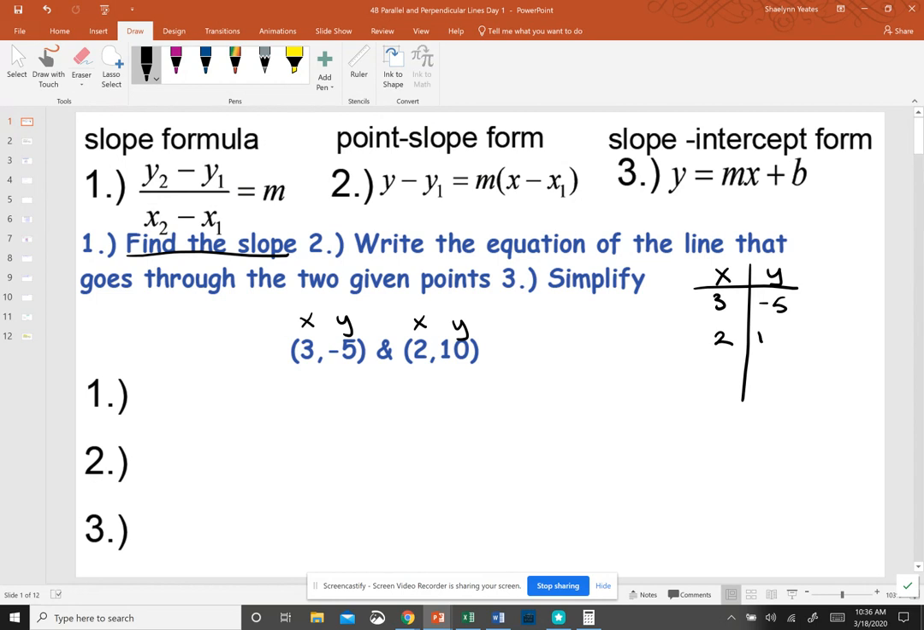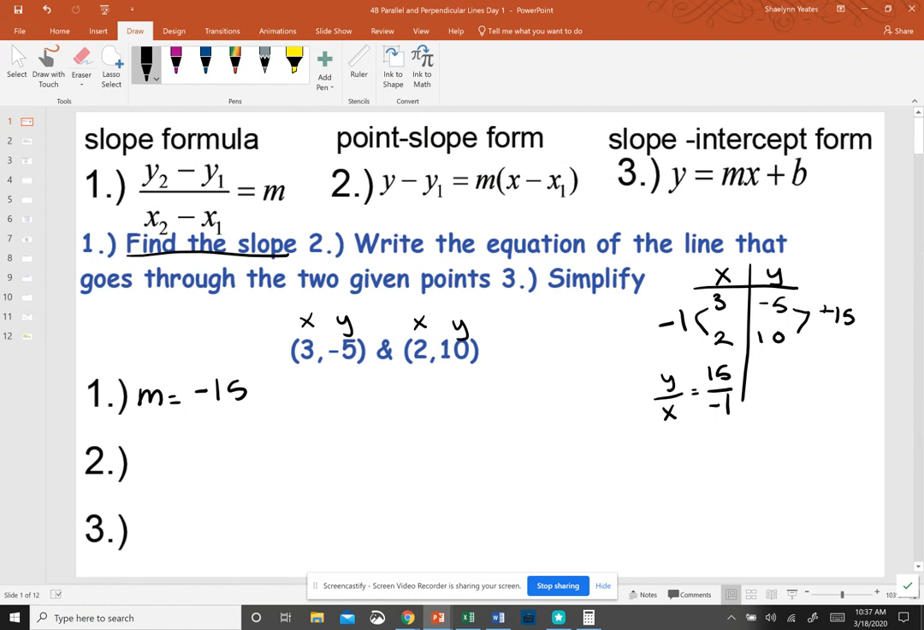So that's important. All right, so right here, my change between 3 to 2 is I went down 1. And then from -5 to +10, I went up 15. Now my slope is always change in y over change in x. So I'm going to take my change in y, which is a +15, and divide by my change in x, which is a -1, which makes my slope, or my m, a -15,